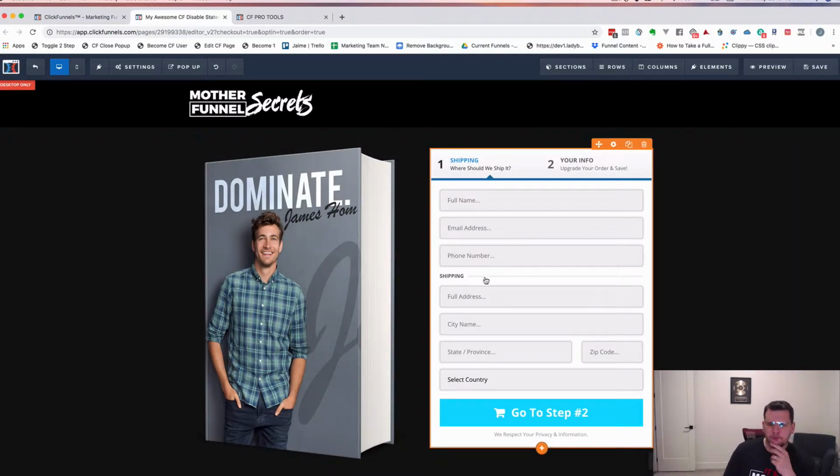Okay, so we've got a basic 2-step order form here. And on this 2-step order form, we have country and we have state province, which is just a regular input field. So somebody could type in whatever state province. And this is great if you're shipping internationally. But if you were in that instance where, hey, I'm only shipping to the United States and I want to use a state selector so that they get a drop-down for states instead of having to type that in,